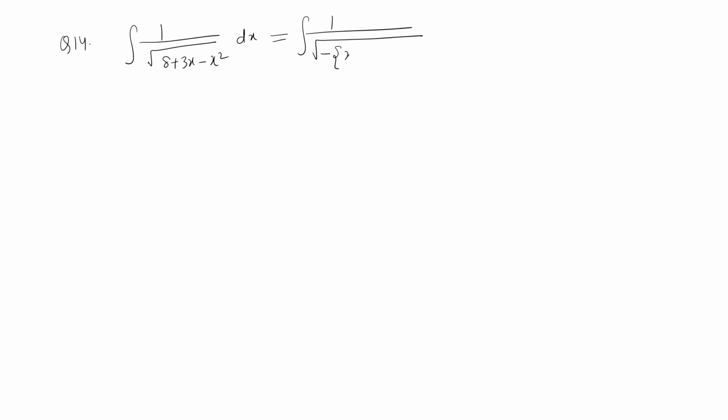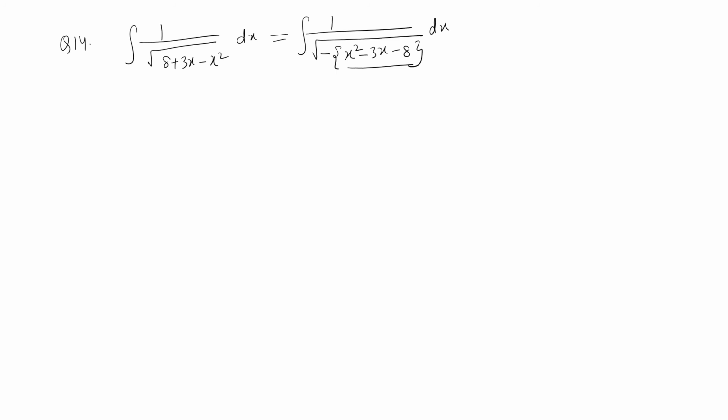Let us take one more question of the 1 upon under root quadratic type, and your question number 14 is the integral of 1 upon root of 8 plus 3x minus x square dx. Clearly it is of the form 1 upon root quadratic. This quadratic is not in standard form, so I need to express it in standard form, keeping in view that the negative sign should not be taken outside. We need to do the adjustments of this negative sign after this is